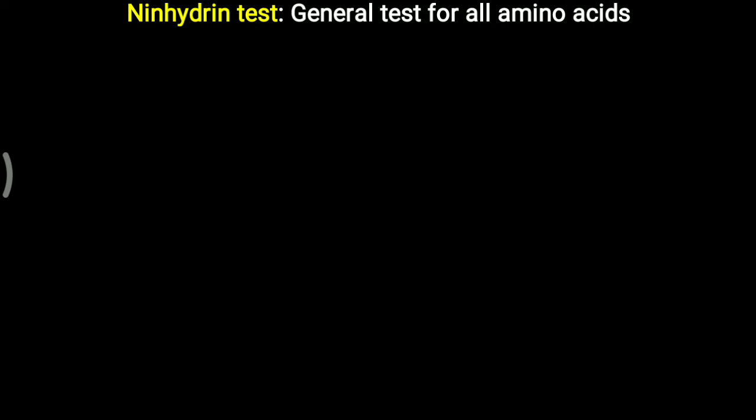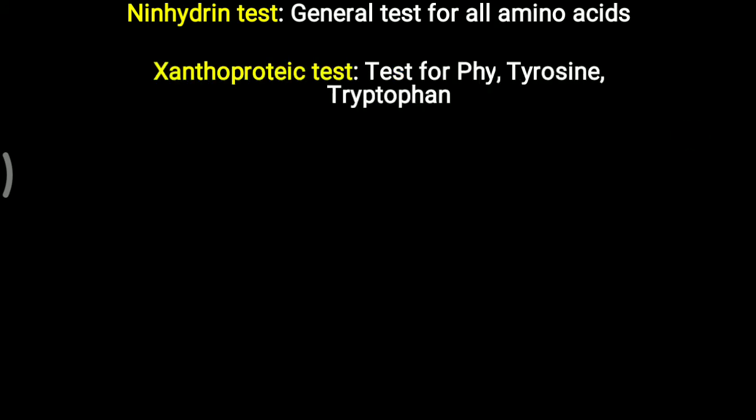The simple Ninhydrin test is used as the general test for all amino acids. If any amino acid is present in the urinary sample, then the Ninhydrin test will be positive. Normally urine does not contain any amino acid, because 100% of amino acid filtered from the glomerulus is reabsorbed from the PCT, that is the proximal convoluted tubule. So normally amino acid is not present, but if it is present in a urinary sample, it will be positive by the Ninhydrin test, a simple test that helps to detect amino acid in the urinary sample.